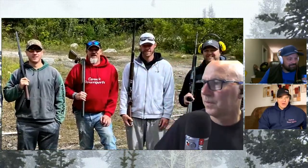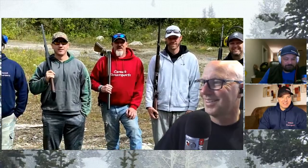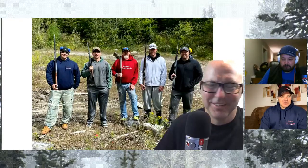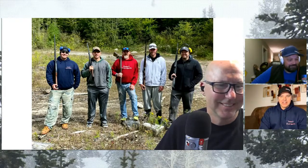I have some other hobbies as well. There's Todd in the middle in the red sweatshirt. Nice. This is a bunch of golfing buddies. We get together every year for our annual cottage weekend, and we do some hunting and stuff too. So we were out busting some clays and firing off some guns that day, having a lot of fun, and